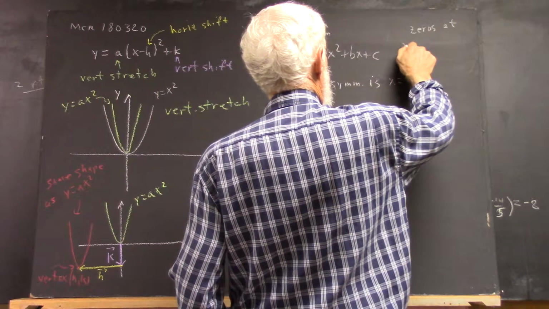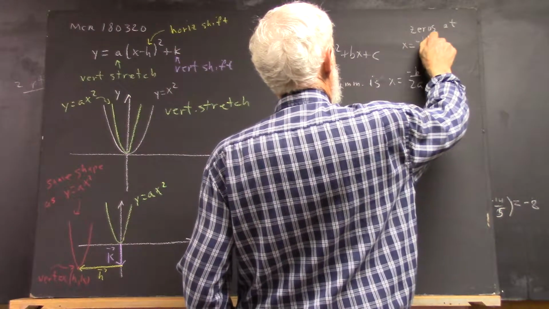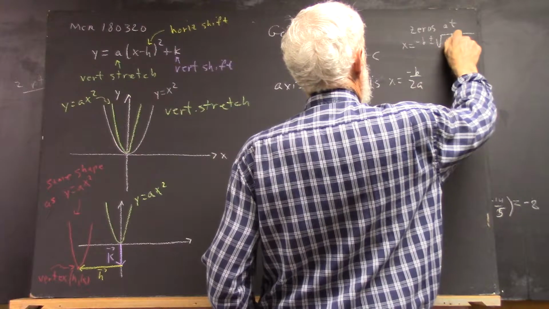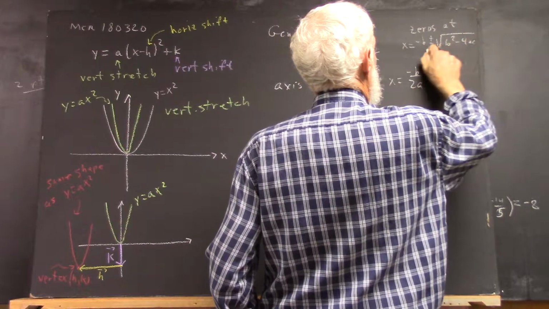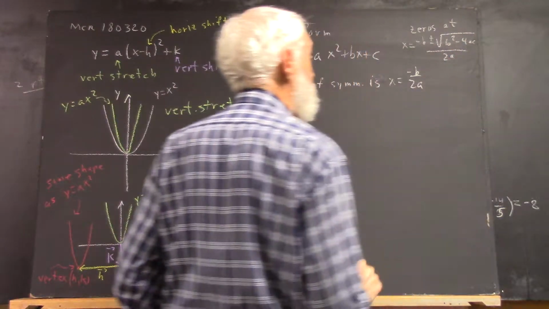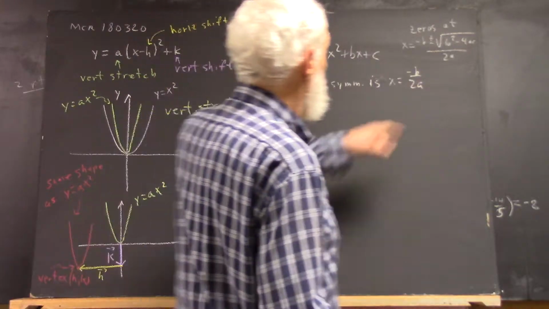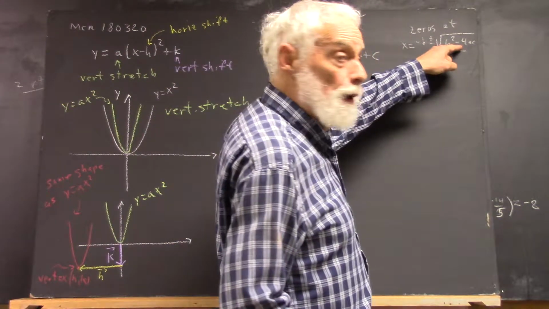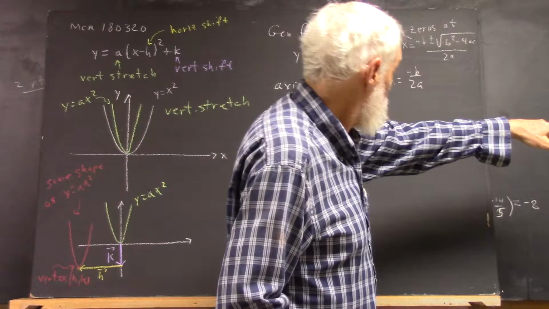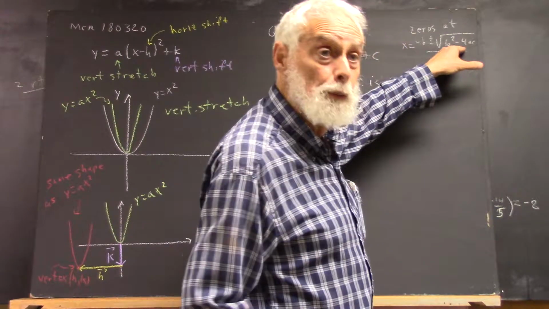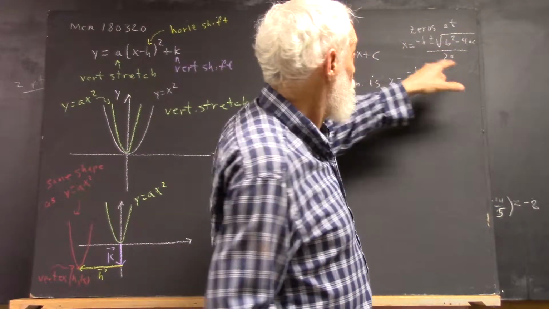Zeros are at x equals negative b plus or minus the square root of b squared minus 4ac, all divided by 2a. And, well, plus this square root gives you something to the right of what you get if you do minus the square root, right? Wherever negative b is,